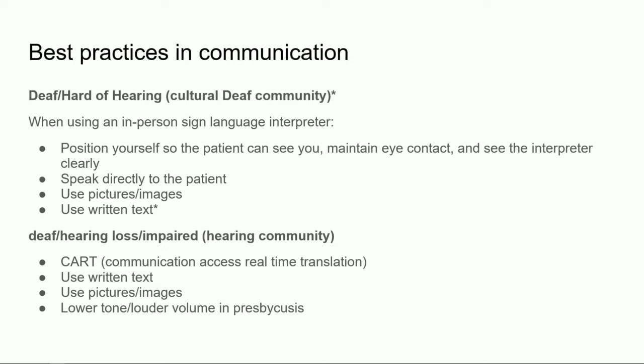And in this last line here, I think is maybe where the term impaired is okay. I think if you think about our parents or grandparents, who grew up hearing and with a verbal language, they probably do feel impaired by their hearing loss. And so these people have presbycusis, and I think you can safely use that term with that population, but in that situation, you should use a lower tone of voice, maybe speak a little bit louder and a little bit slower.